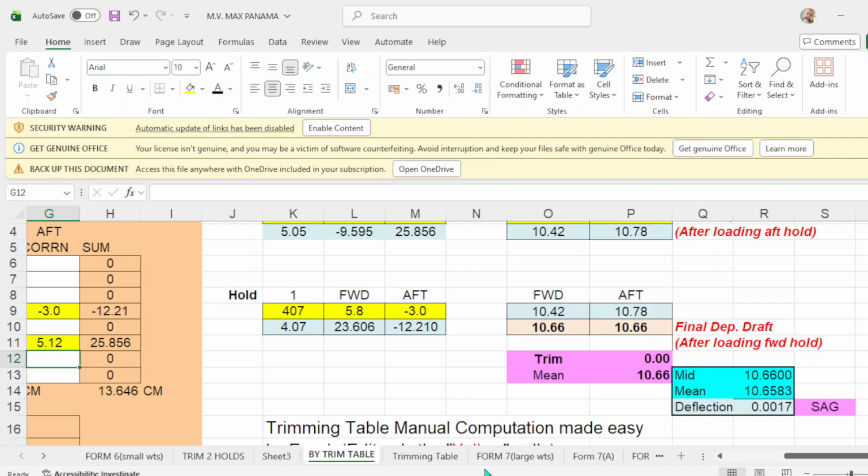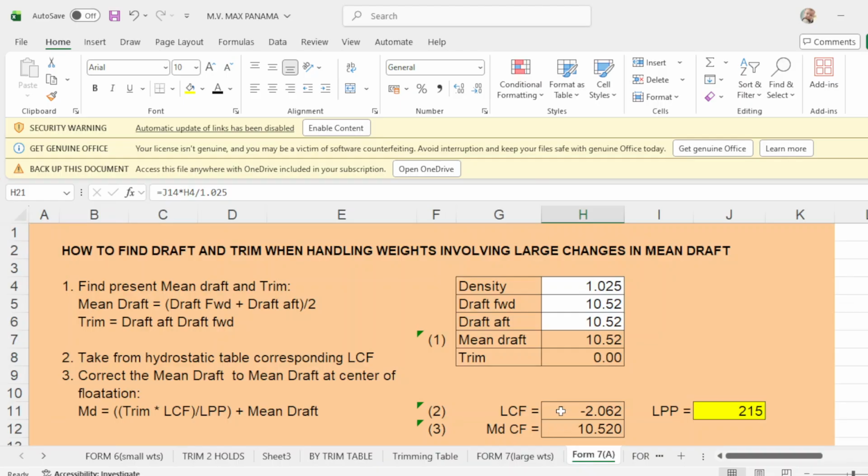And the last one is for number 7. How to find drop when loading involving large changes in mean drop. Your density is 1.025. Then your initial drop is forward of 10.52, up is 10.52.